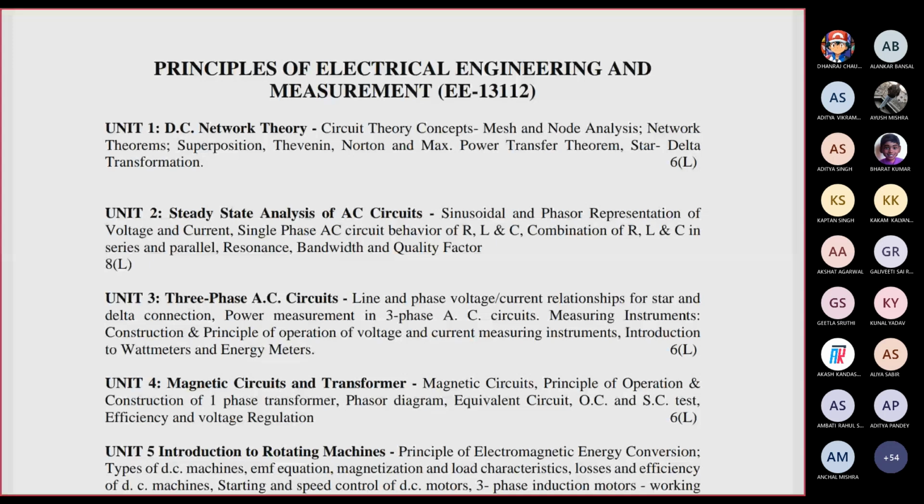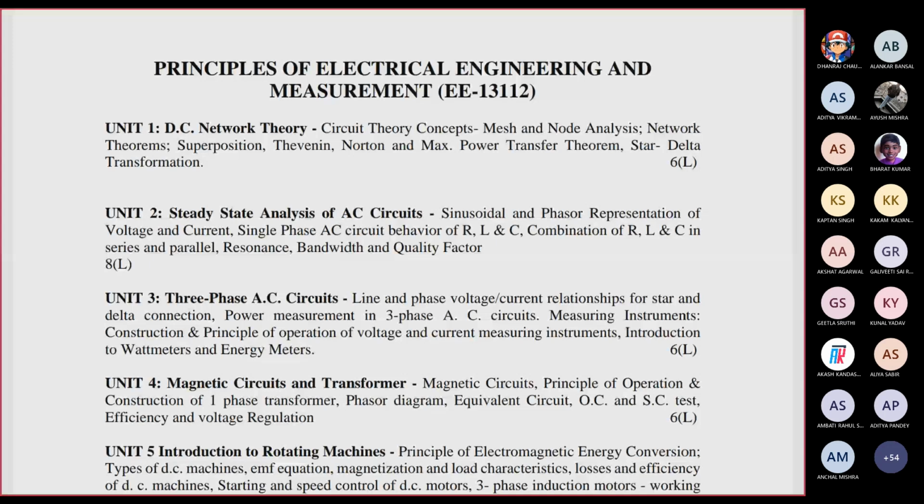So what are the conditions of resonance and what are the different resonance conditions, like whether it is series resonance or parallel resonance, what is the bandwidth of the network. So all these things we will cover in this part. Then in